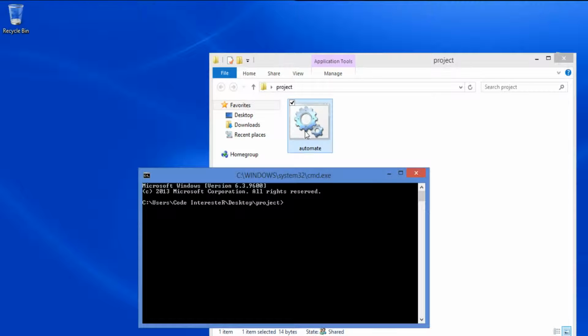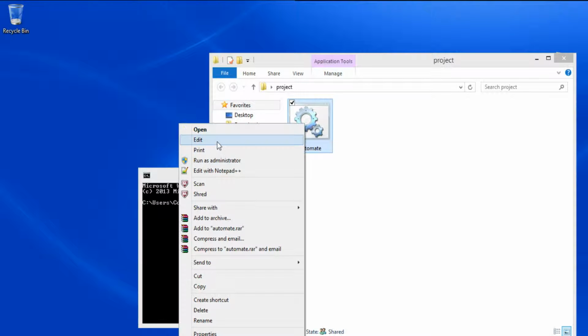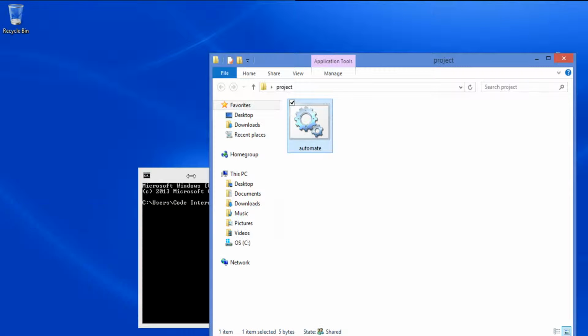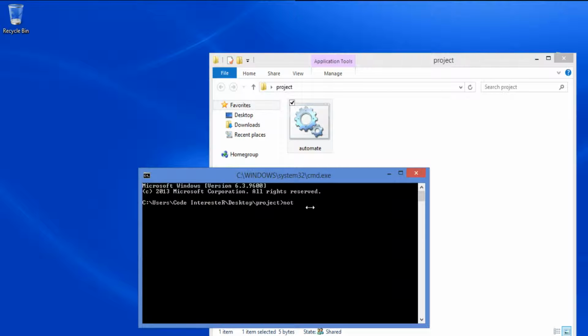So this is how you do it, and the code is this: echo off and then cmd. The cmd pretty much tells it to open a new command interpreter, and echo off tells it not to display anything. I think this is not needed for this program because we have only a single instruction. Let's clear it, and now I'm going to create a new notepad and then a new file called